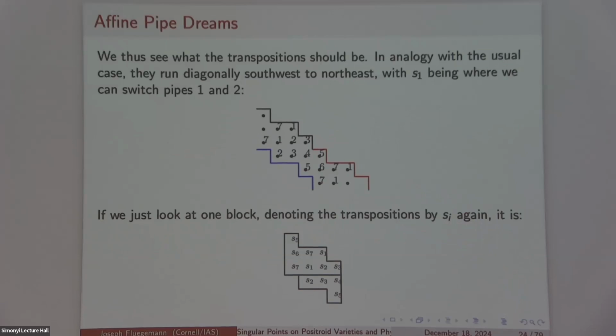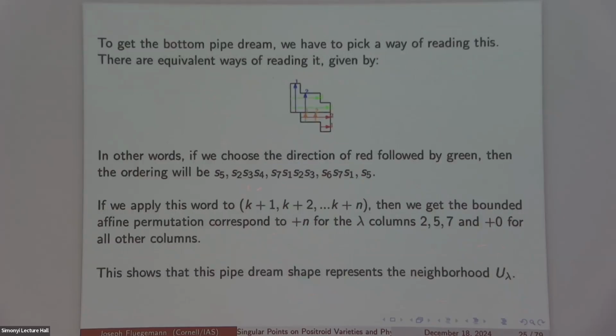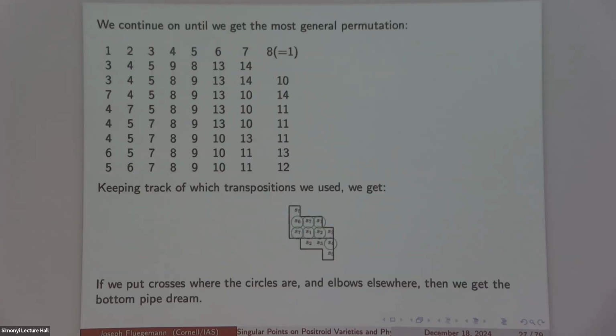So you can label the elements of your word, thinking in terms of the rotated wiring diagram analogy, based off of the labeling of your distinguished path. And then there's some choice involved in how you read it. Then you take your bound affine permutation and you do moves until you get to your plus k permutation, and that will pick out for you what the crosses are. Anyways,